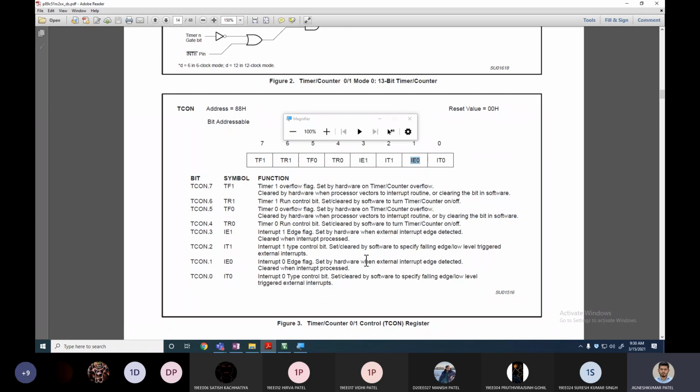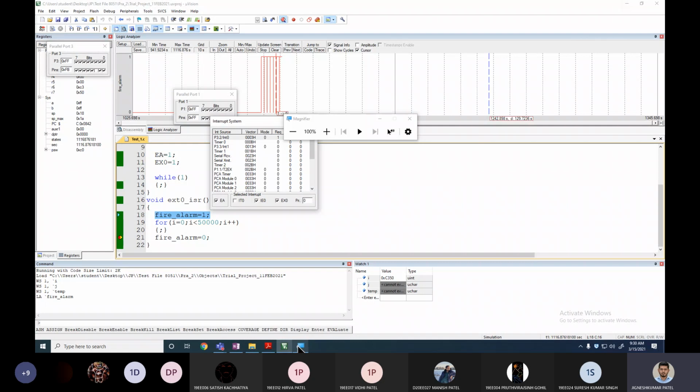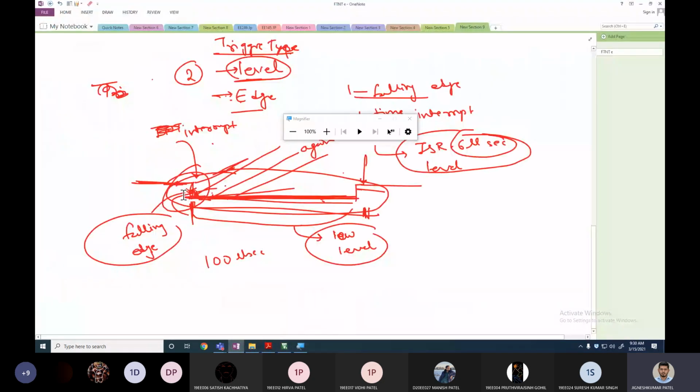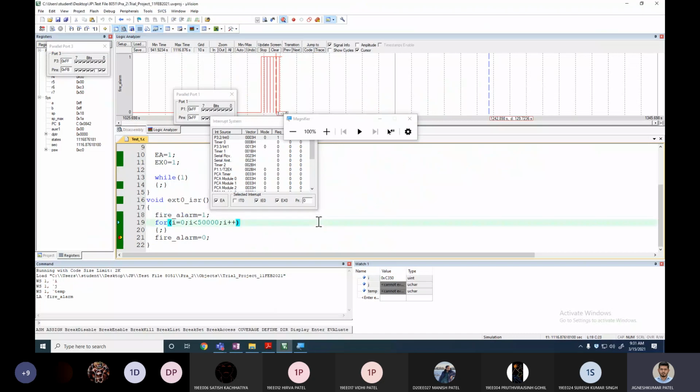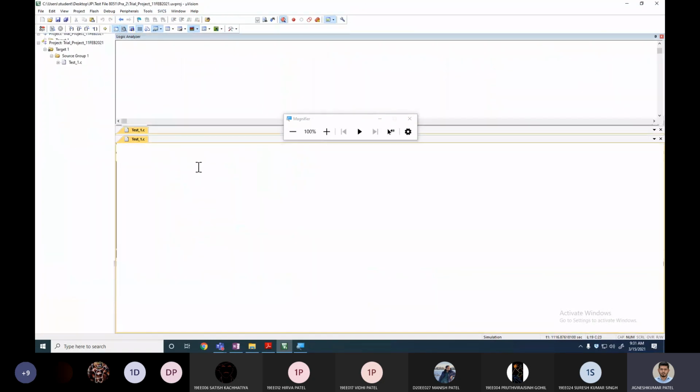It will be set only for the edge. That means if my signal is low, it won't detect it. It will go high only when there is an edge. And every low has an edge. Even if I make it a low level trigger, I still have this edge, and due to that edge it will set. So that's the difference. Now let's try to have this program in